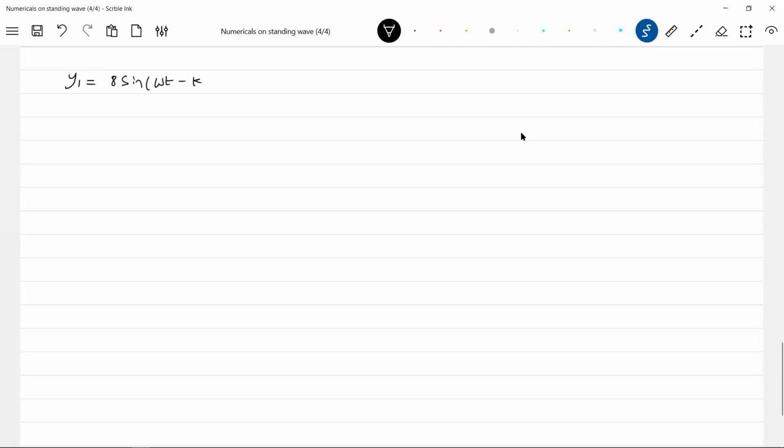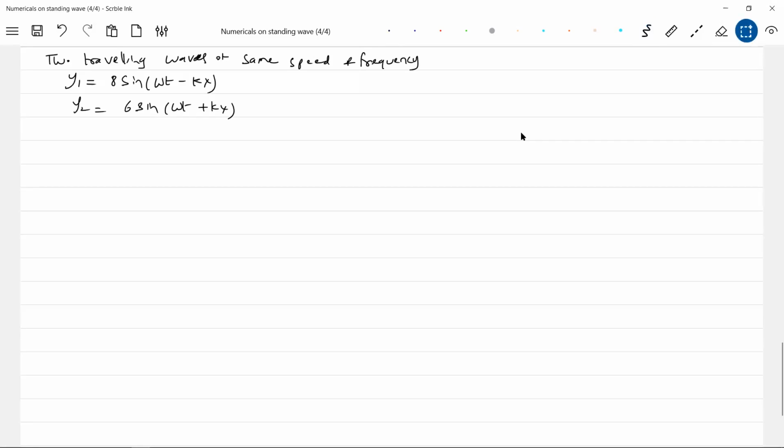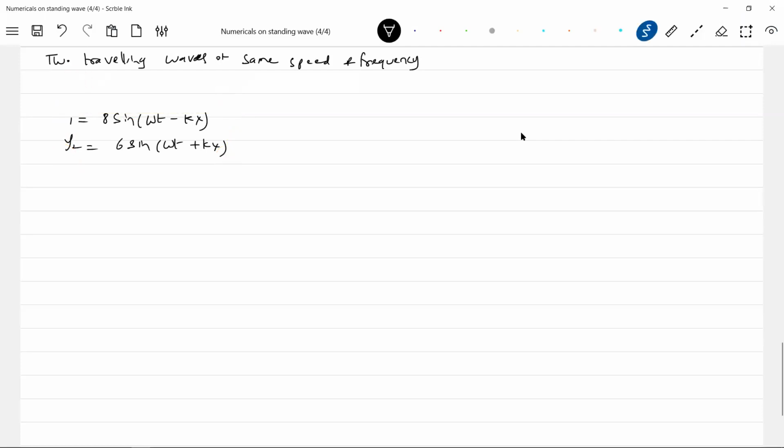8 sin(ωt − kx). Two traveling waves of the same speed and frequency, moving opposite to each other, of different amplitude, undergo superposition. So what we have to find out: